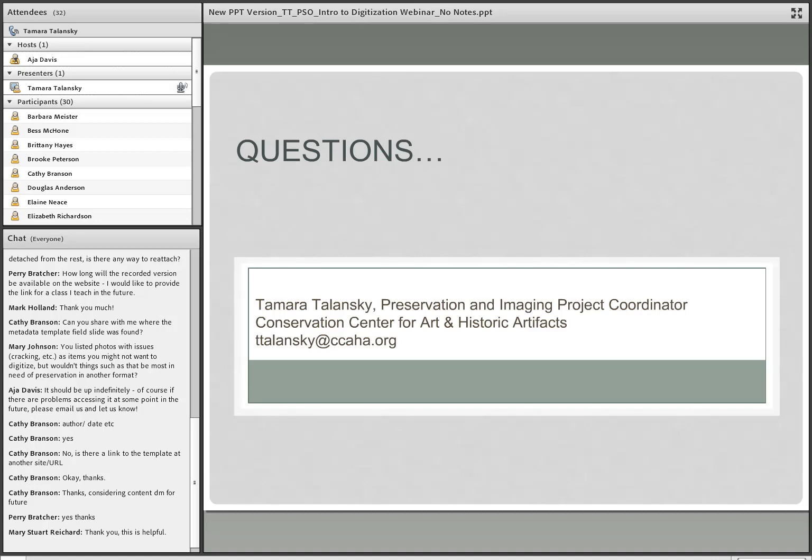And again, just to add on to the question from Mary Johnson, items such as books that have red rot. I don't know if you've ever seen that, where the leather is literally deteriorating and it's literally crumbling and it's bright red. That's something that can often be taken care of by a conservator. They basically consolidate the leather. And again, it probably would incur a cost unless you had a conservator at your institution, but it isn't a difficult thing to do.